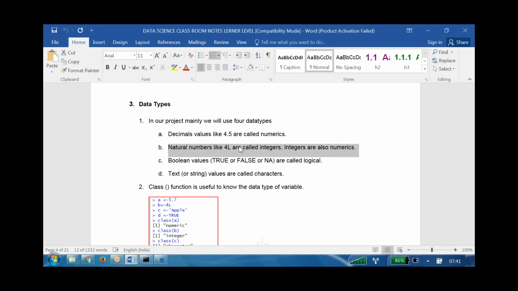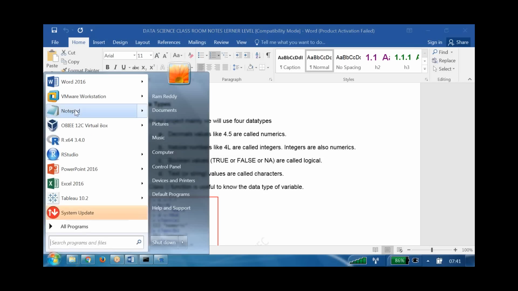Are you getting my point? So if I say 4, is it a number or not? We can call 4 a number, we can call 4 an integer also, right? Are you getting my point?